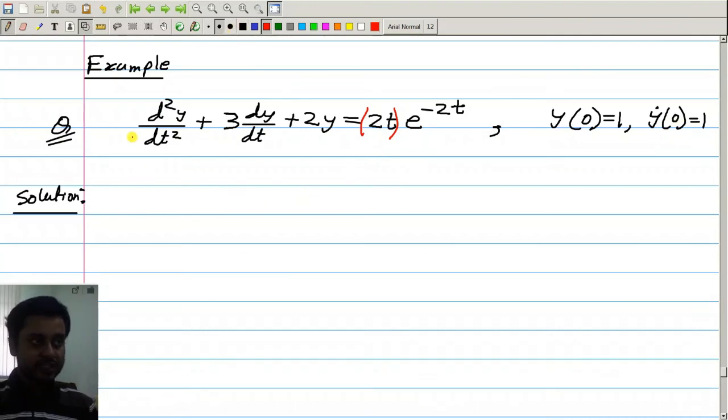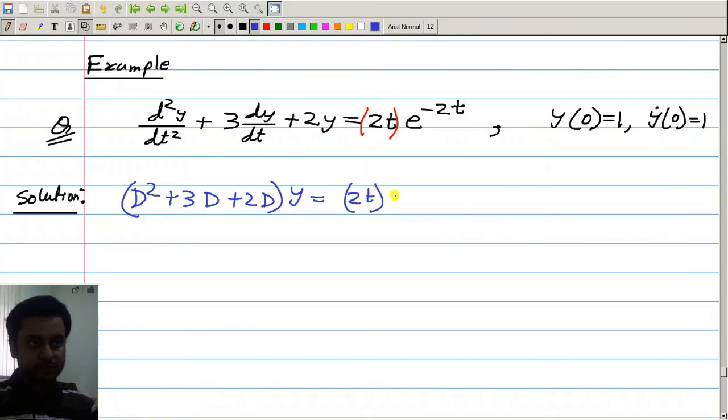So let us try to solve it. Let me first write this equation in this form: D squared plus 3D plus 2 acting on y equal to the input,